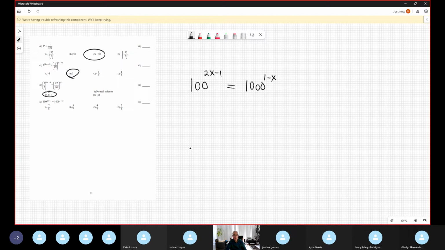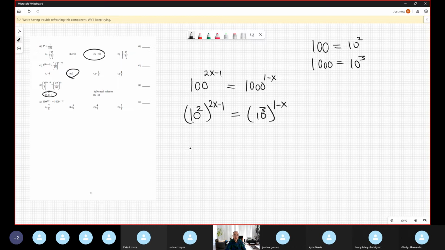Again, same idea. 100 is 10 squared, and 1000 is 10 cubed. So we have 10 squared raised to the 2x minus 1 is equal to 10 cubed raised to the 1 minus